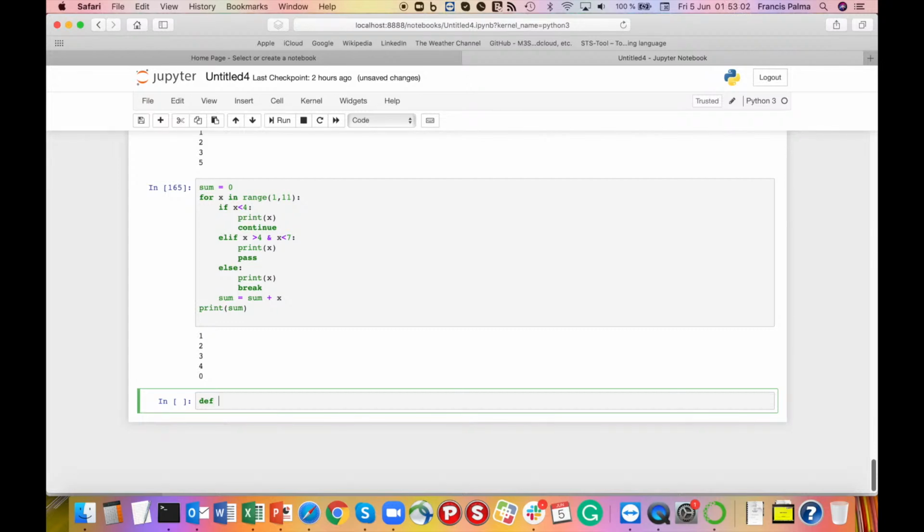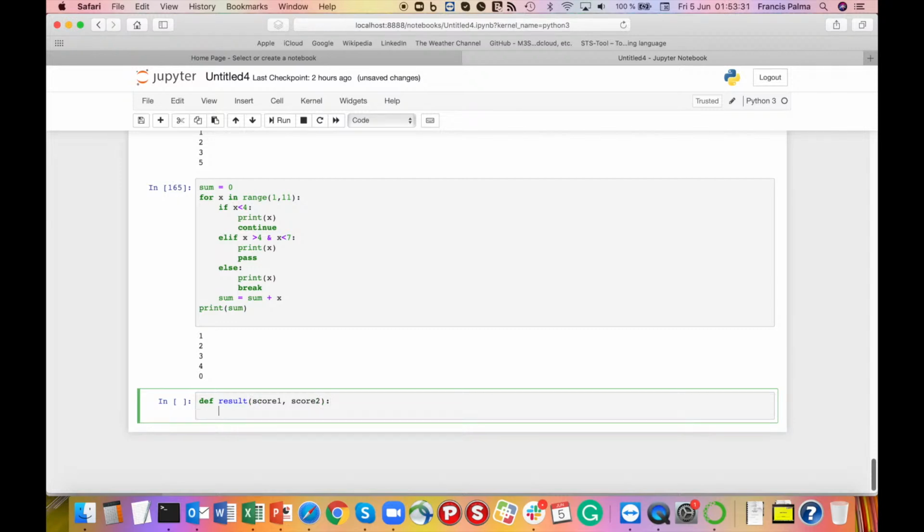So you always need to write def and then your function name, let's say result, and your user-defined function can have parameters or values that you want to use inside that function. Let's say we have 2 scores, so score 1 and score 2. You always need this colon, and your total value is score 1 plus score 2,